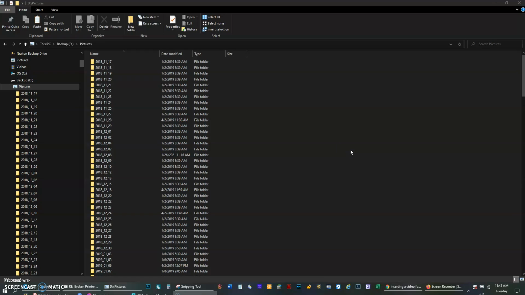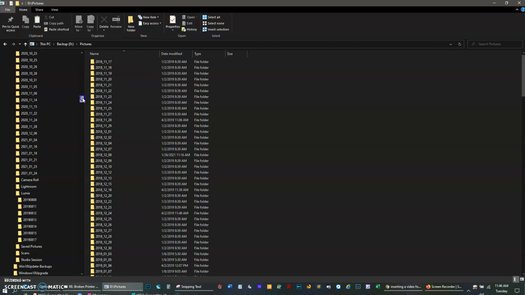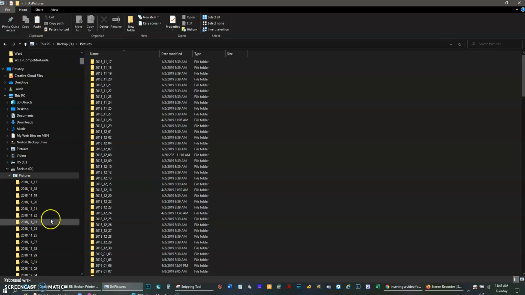Entry photos after they've been imported from your camera or smartphone to your laptop, computer, or tablet. So you will have known what date you took your pictures, and in the pictures folder, which you can find under documents or in your personal folders, you'll see that the pictures folder has all the different dates that you've ever taken photos with your camera or your smartphone. That's how they organize them. So